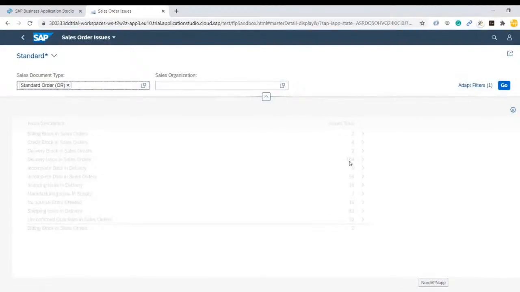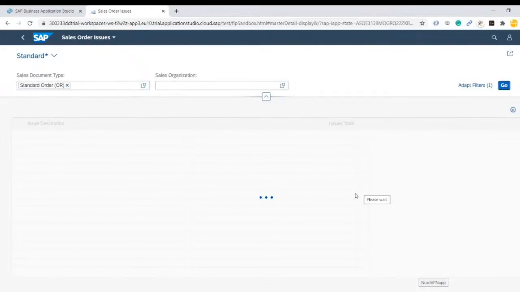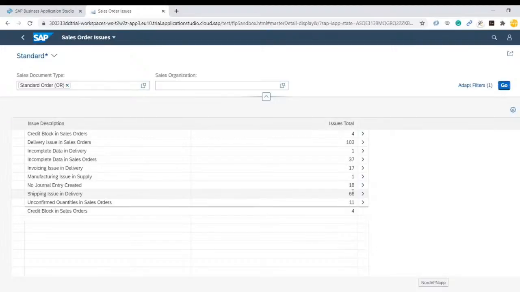Earlier it was 164 for delivery issues. Let's see how many standard orders are stuck because of delivery issues. So I click on go. If you see the benefit here, you don't have to write a select query. You don't have to construct a dynamic where clause. You don't have to write a complicated selection screen. You don't have to write too much code to build this kind of application, and it can right away be deployed on the system to give access to your users on the mobile device. So now you can see issue with the delivery, you have only 37, or issue with the sales order delivery,